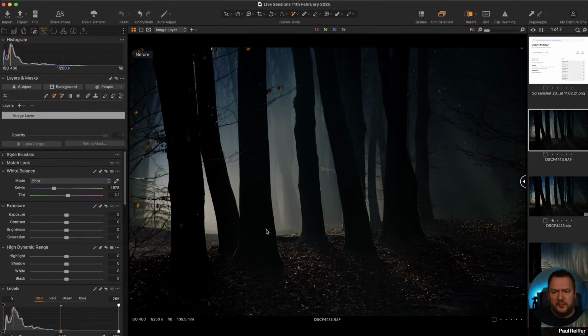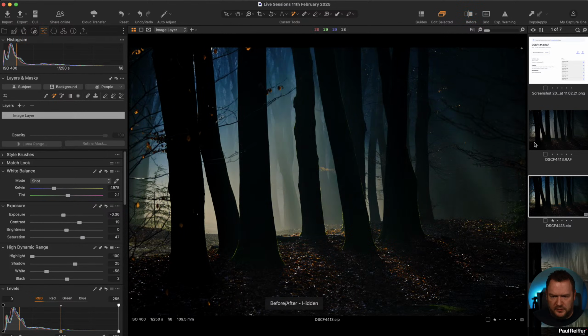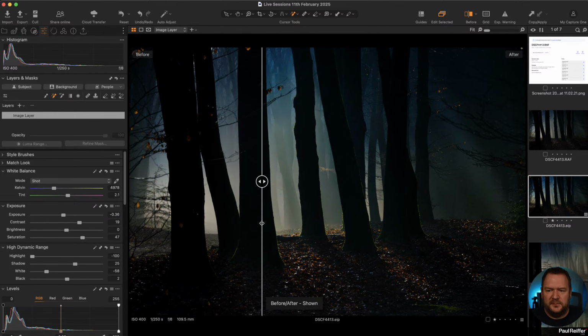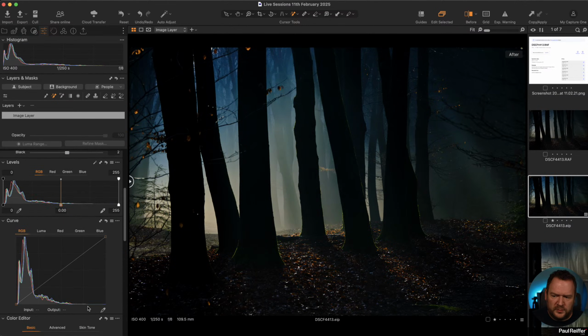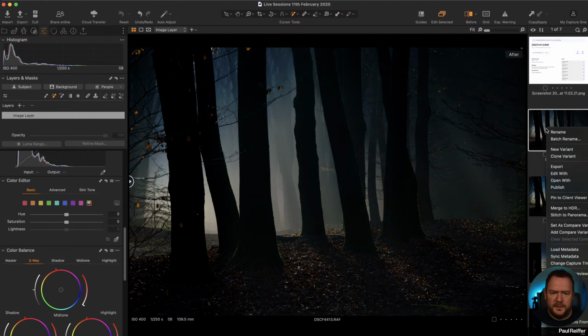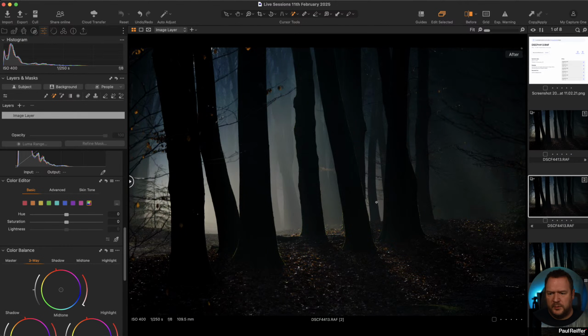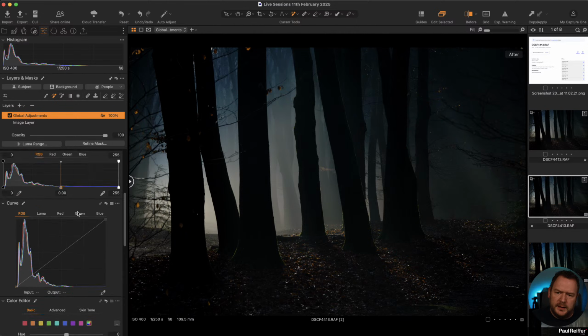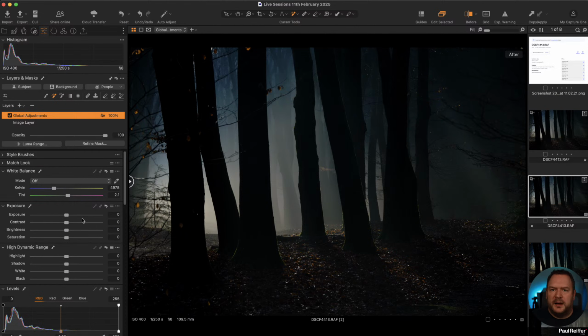If you want atmosphere, we want to add in maybe some fog, we want to add in some hazy stuff, and the clue is in the name. So I'm going to switch. So all of these adjustments here I think can be done differently. Let's create a variant of this one. So this is the raw. Great. Create a new layer, new filled adjustment layer. I'm just going to do it from the outset and call it global adjustments. And we want this to have some atmosphere.